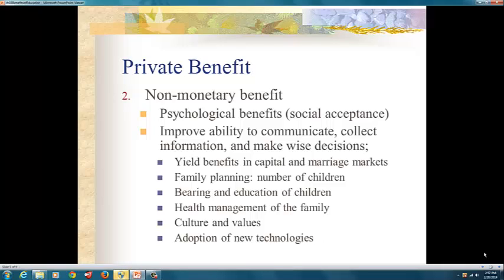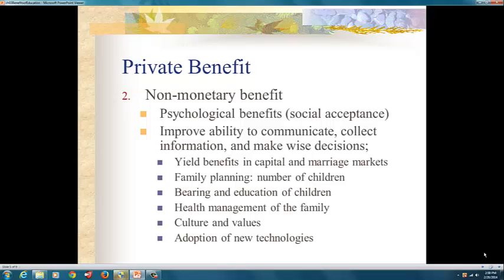And this is, again, the private side. And we tend to focus on the private side because the private benefits tend to be realized much more quickly than the public benefits or the benefits that accrue to the society. As a matter of fact, the private benefits are realized within a few years upon graduation. You begin to realize those benefits. But the social or societal benefits, that is public benefits, they tend to be realized over a longer period of time. It takes more time for you to see those benefits. But we tend to focus on the individual. We're not forgetting the public, but we're also going to cover that in another lecture. So we focus today on the private benefits.